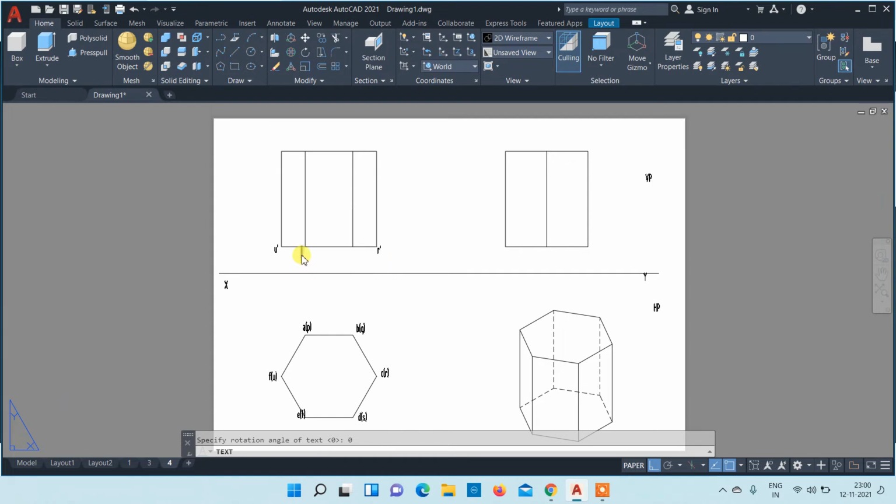This will be T dash. In the bracket you put P dash, because P will not be visible. Likewise this one will be S dash, and in the bracket you can put Q dash.